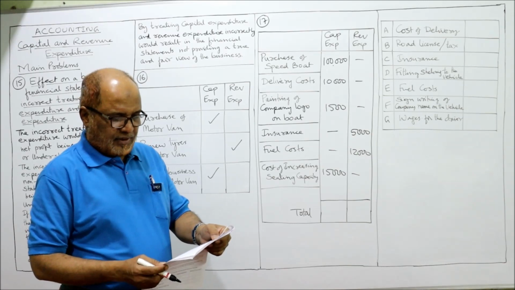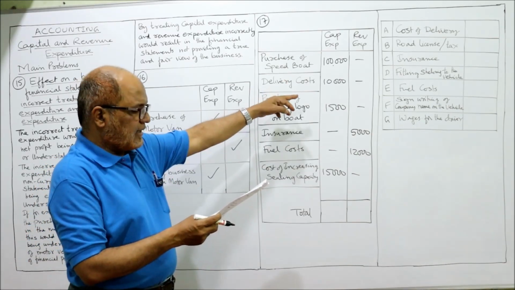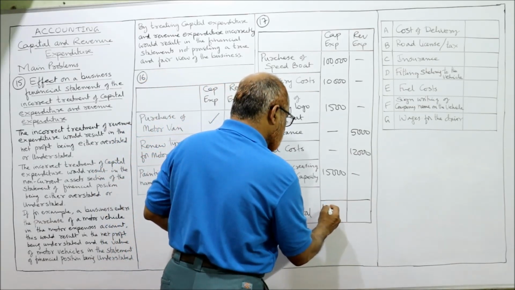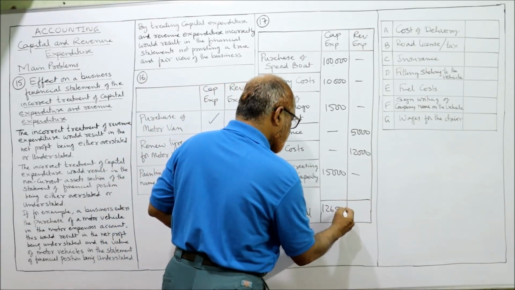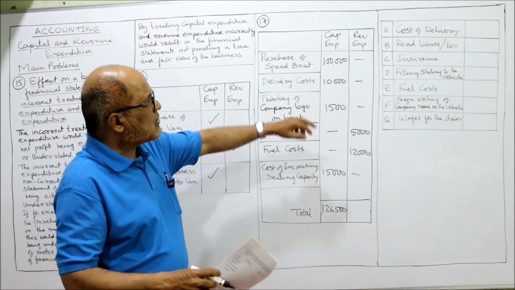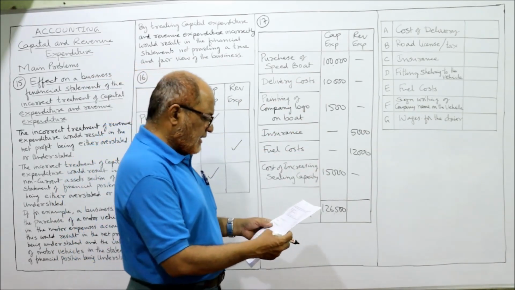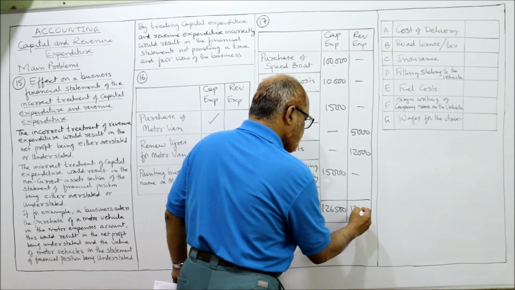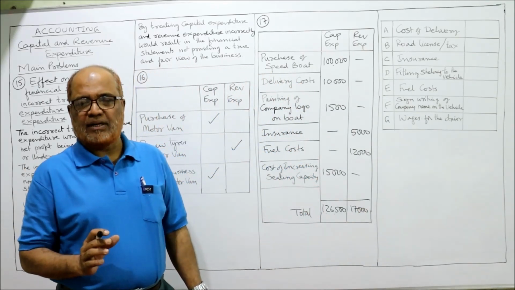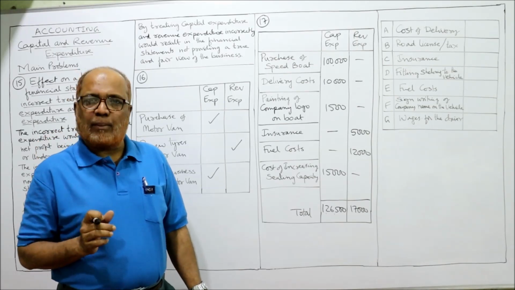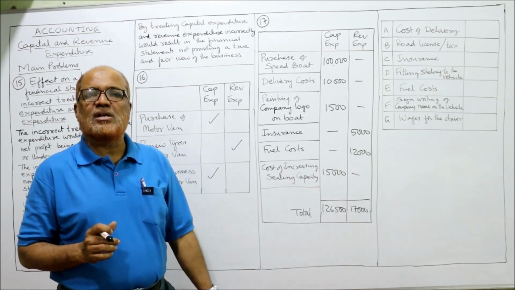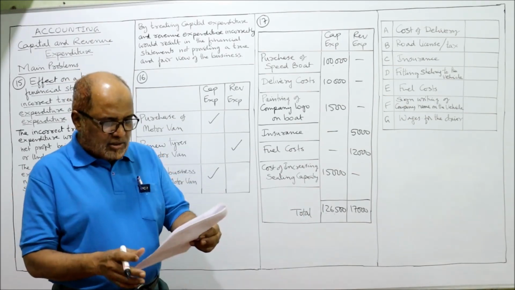So we have completed, we have taken the total. So 1 lakh, 10,000, 1,500, 15,000. The total is 1 lakh 26,500. 1 lakh 26,500 is the total of capital expenditure. Revenue expenditure, 5,000 plus 12,000 is 17,000. That's the first part of the problem completed. It is asking you to find out the total of capital expenditure and total of revenue expenditure. 1 lakh 26,500 is the capital expenditure, 17,000 is the revenue expenditure. That's it. Now second table,